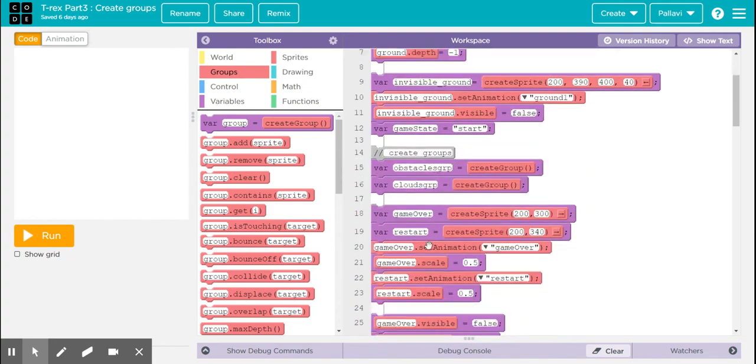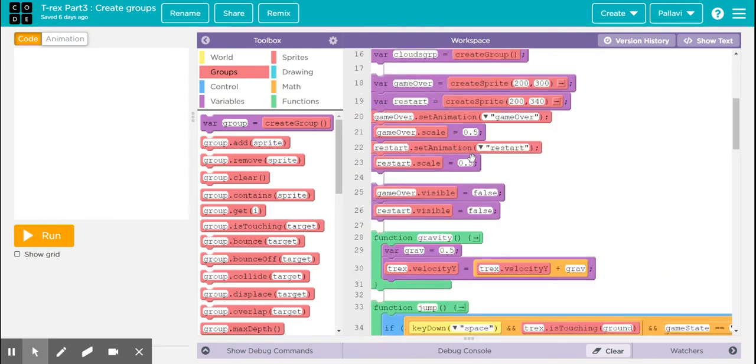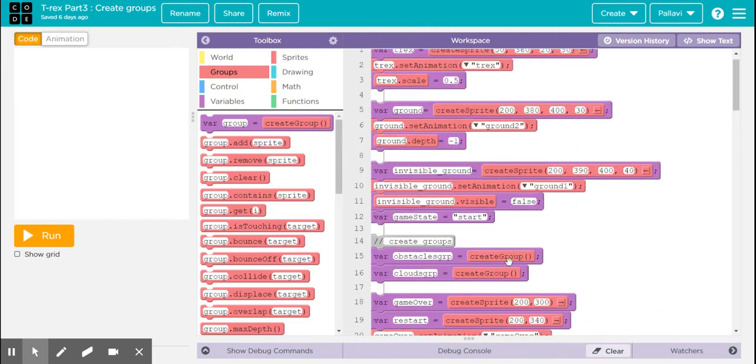all these sprites. So as you can see here, I have taken these blocks two times and I have named it as obstacle group, and the second one is a clouds group, and this is how the groups are created. Now once the groups are created, we want to also add elements to that group. Here we have simply created a space for the group. Now we want those individual group members to be added into that group.